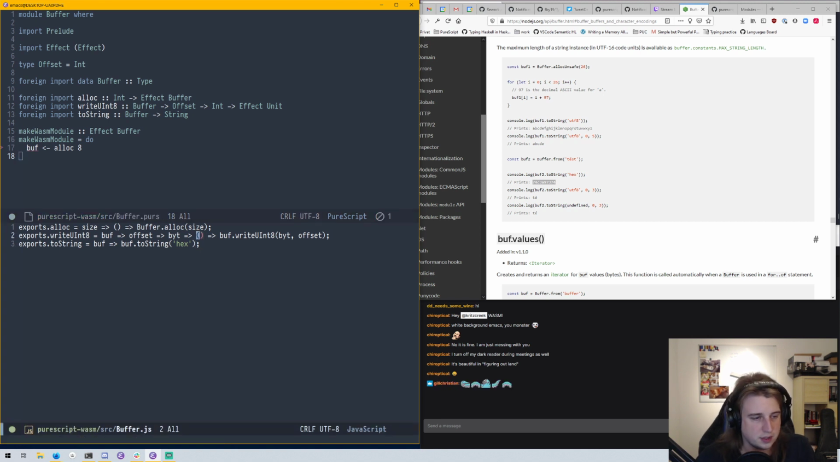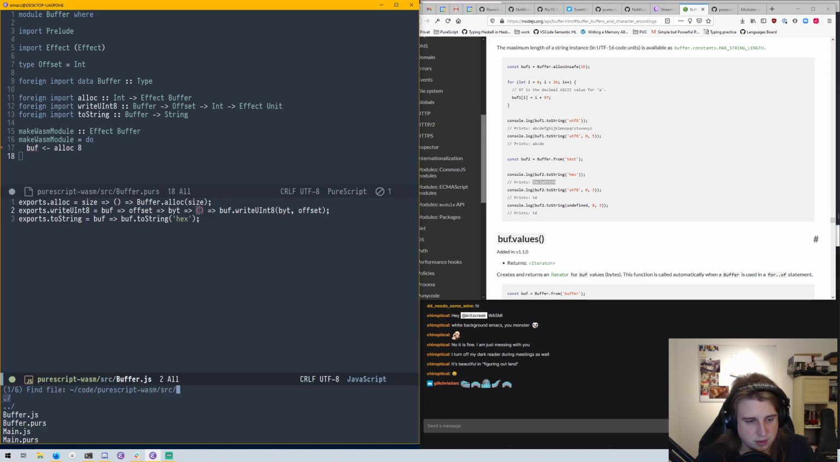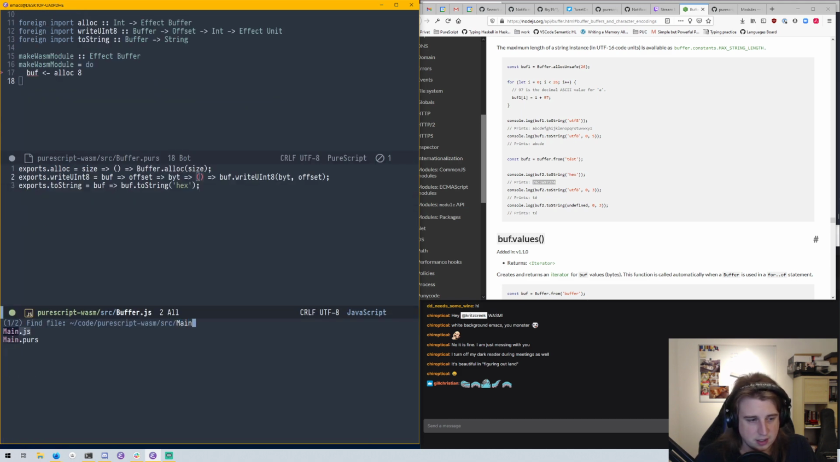Right now we're moving some of the JavaScript we just wrote, some of the low-level JavaScript we just wrote to create a Wasm module into